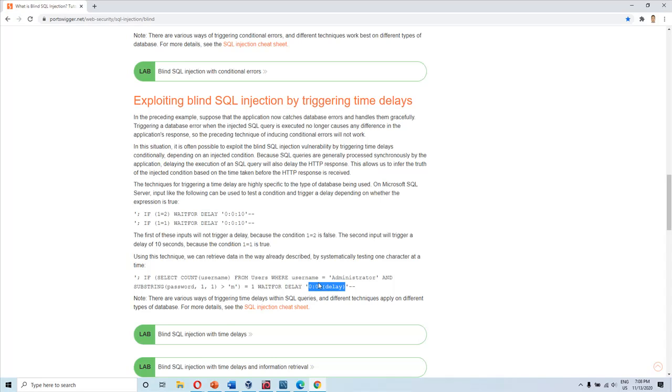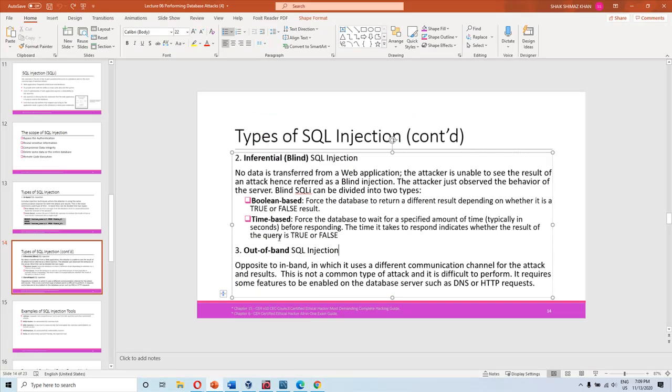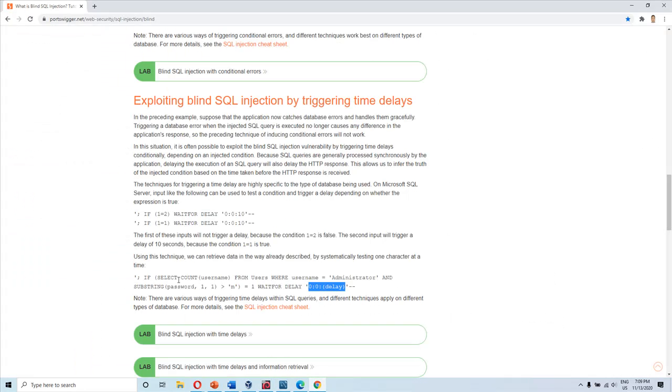Suppose there is no delay in response, and the response comes quickly. Then a specific page is displayed immediately, but there is no content displayed in the message. Please understand, there is no error message. But if the response is very quick, that means this wait condition is not executed, which means the condition is false. So blind SQL injection using the time-based technique tests a specific SQL statement,